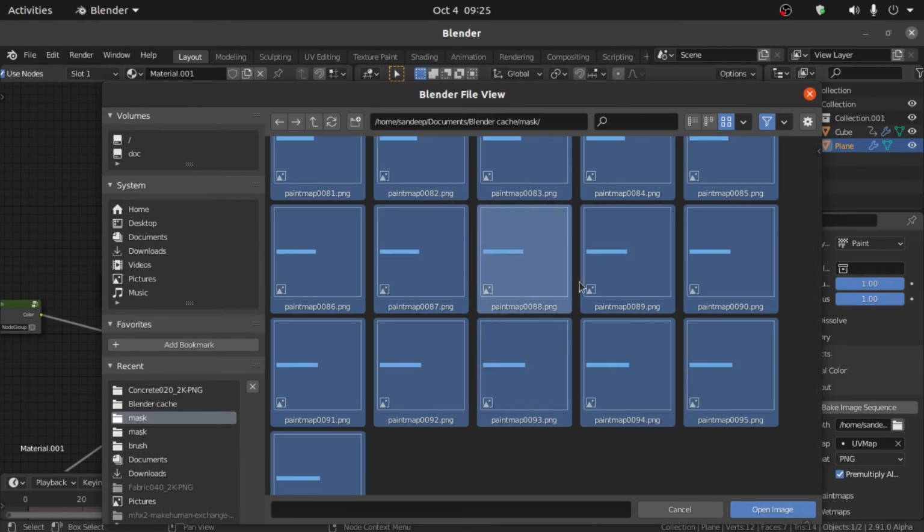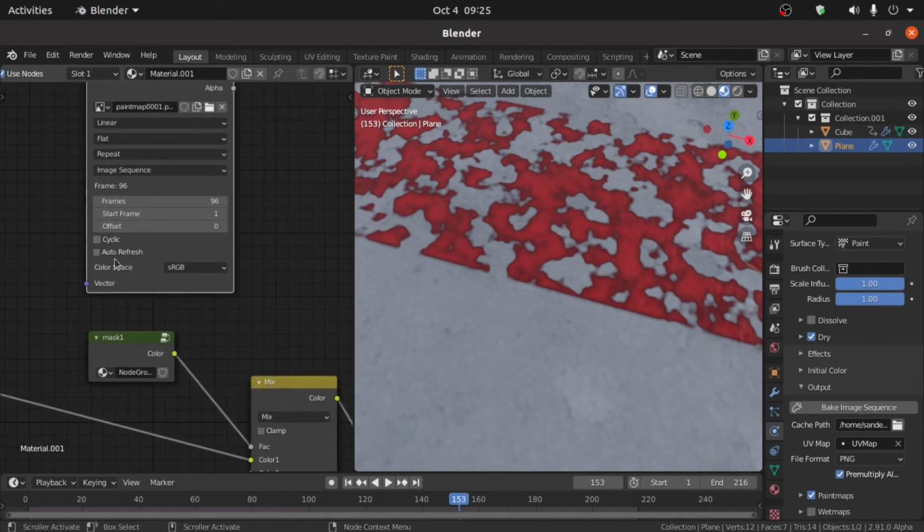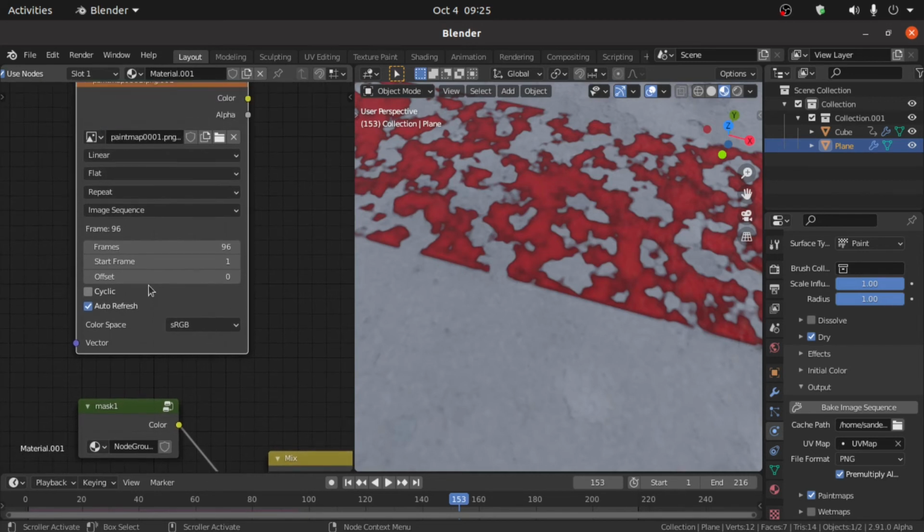Okay, and this is for second times. So click on this open image. Now also enable auto refresh because it will start from 120 keyframe. So change start keyframe value, that is 120.